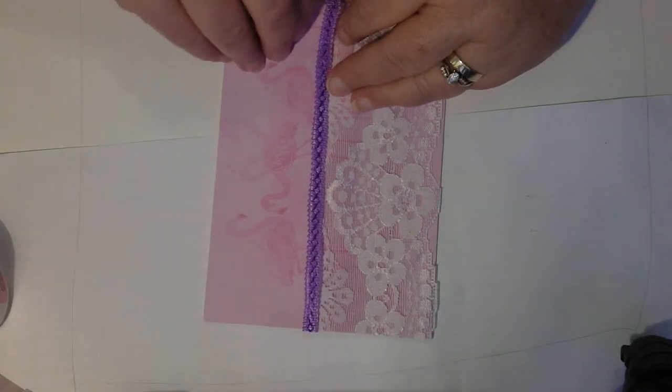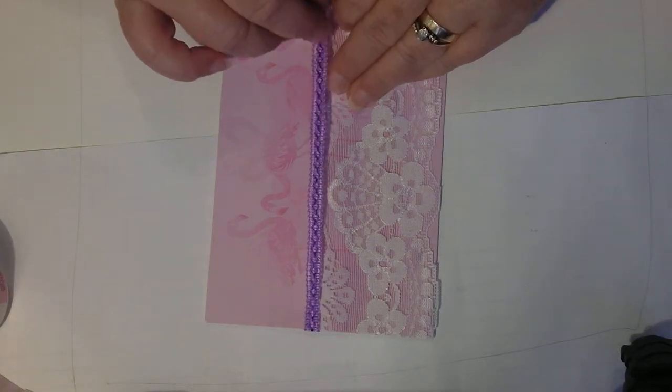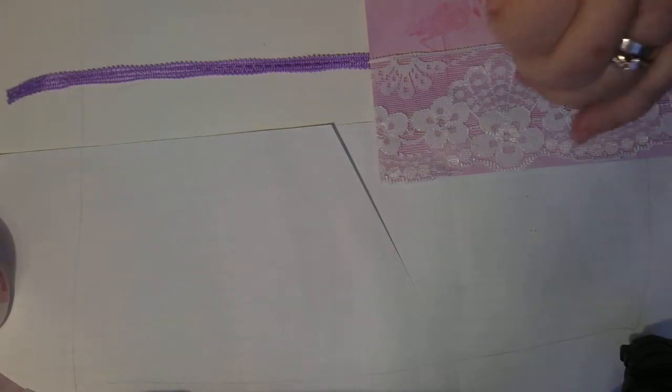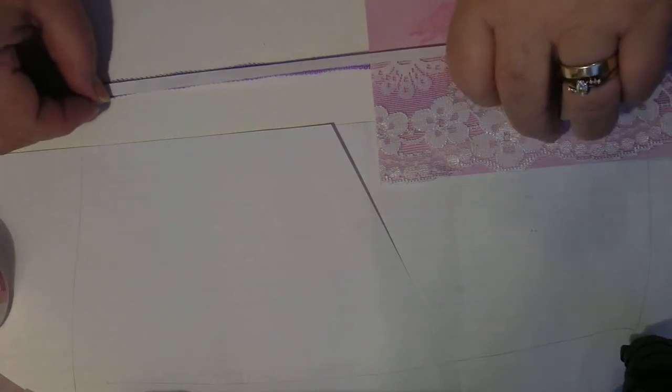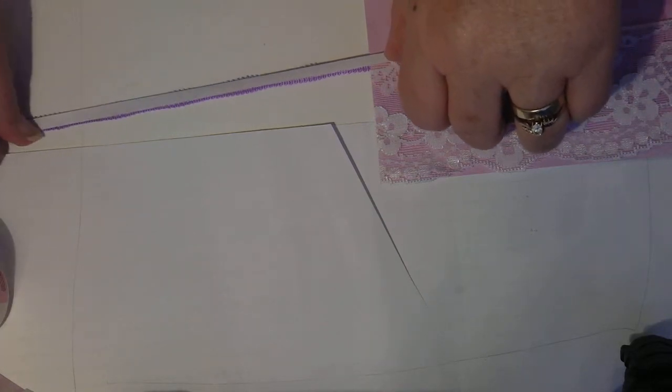I'll just lift this up and glue. It hasn't quite dried, but it's very tacky and it will be good. Before I do that, I'll grab a piece of this tape and I'll stick the double-sided tape on there so it can go over my